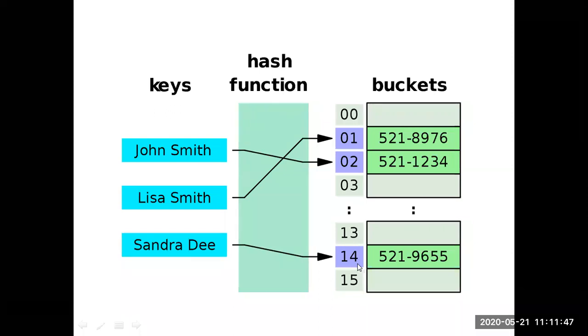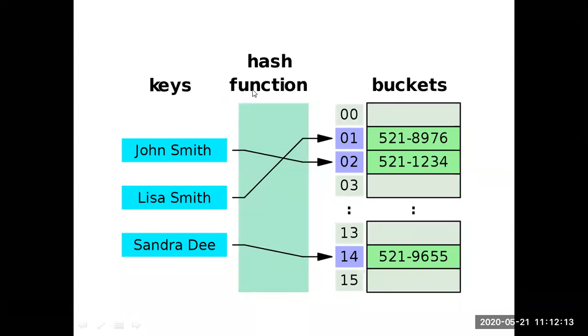Whenever we have the question of which value we have to store in which location, that means in which bucket, generally the decision will be made by this hash function. We give the key value to the hash function. The hash function will apply some mathematical methods, and it will decide in which location we have to store that value, from 0 to 15. One value will be given as an answer by this hash function.